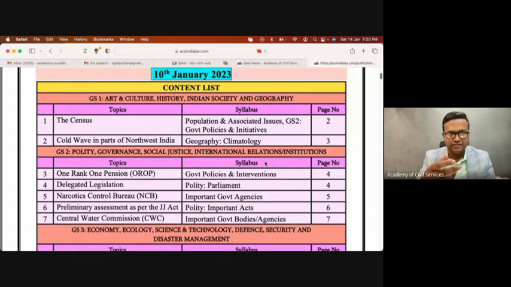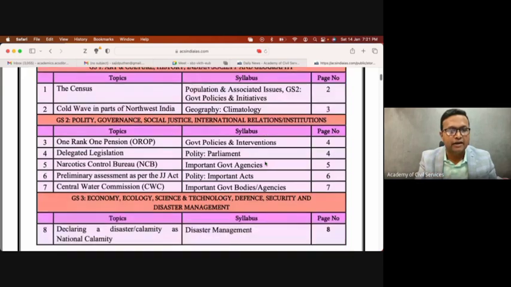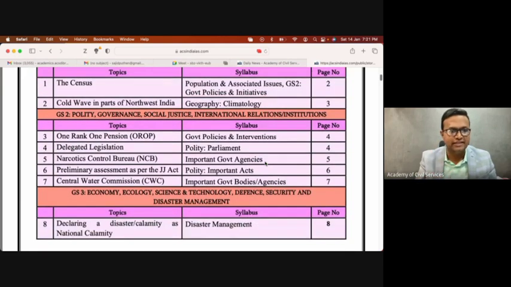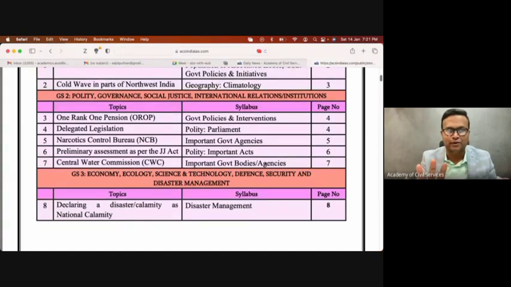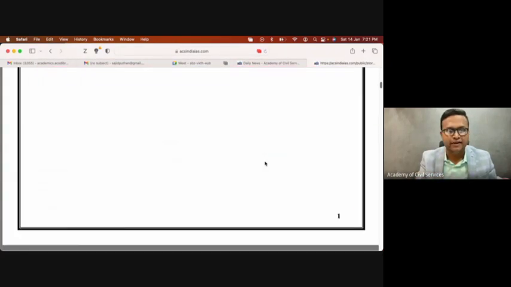Instead, you read the first news and understand that you don't have anything relevant for civil services from this news, so you move into the next news. Again, you read 1 or 2 paragraphs and understand that you are not getting anything relevant for your exam, so you move on to the next one. Instead of doing it that way, first understand every day which are the news you need to read. That is the first thing. Your first task is free now. Only 8 news you have to read. Then you can go down.